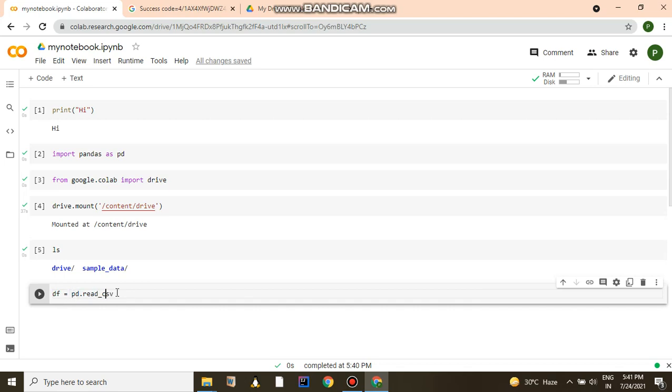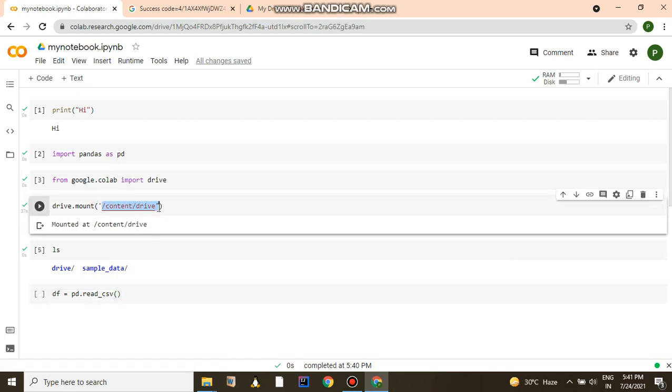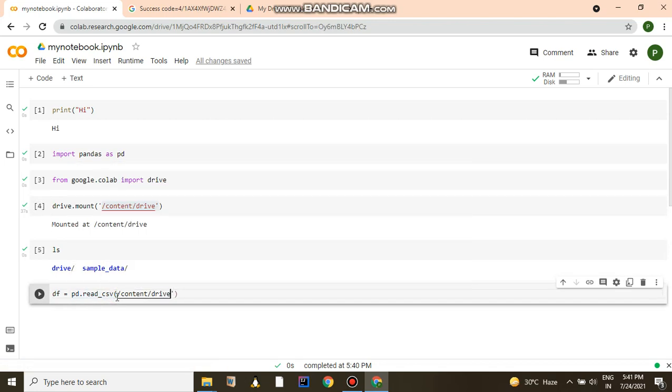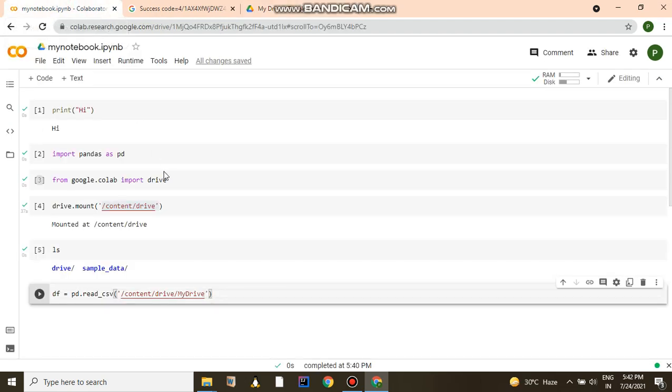Then you need to give the location of the data, and the location of the data is this default location, and after that you need to put the main drive. Main drive means this is my main Google Drive space. Then what is the file name?